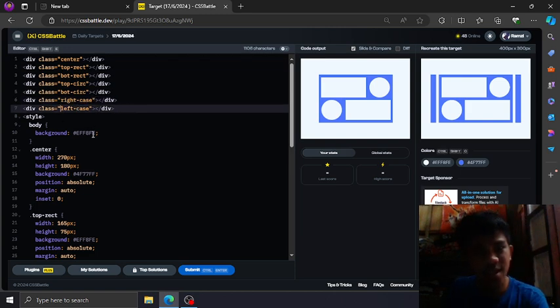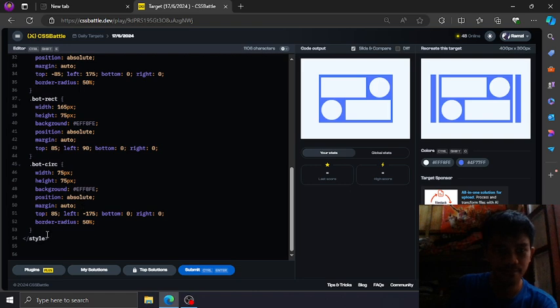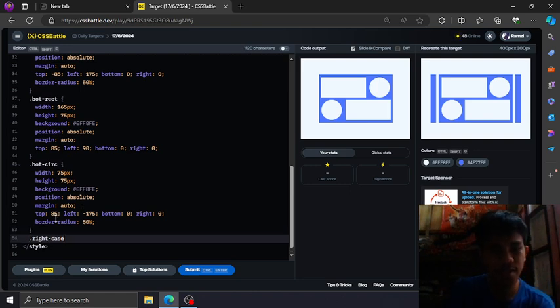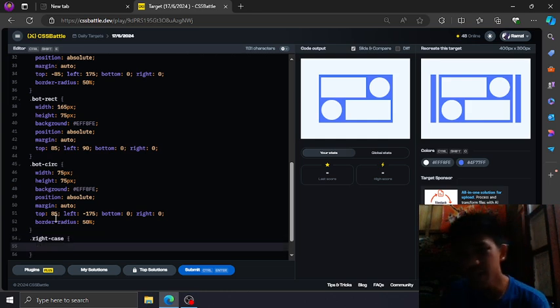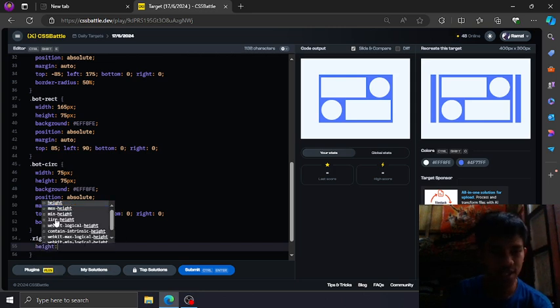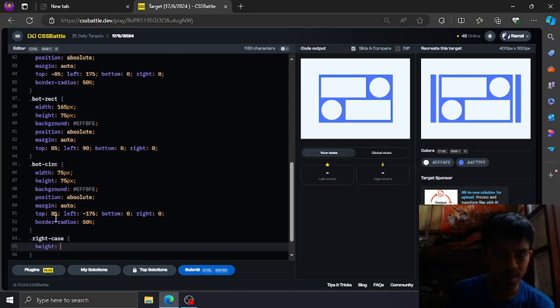Right case and left case. So let's rename this right case. Then put sides. Put value in their width and the height. So height the same as this.